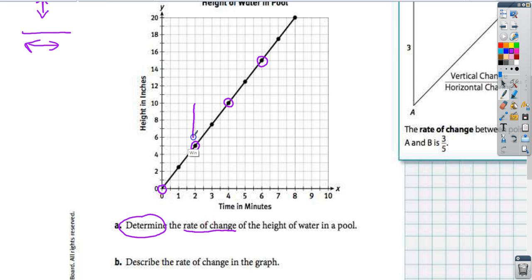You could pick any 2 of these 4 points and you're going to get the same answer. All right, so I'm just going to do this one since it's right here. I'm going to make my little triangle. Okay, we got to look at our label before we count because sometimes they try to mess you up on the label. This one goes by ones, so I'm going to literally just count by ones. 1, 2, 3, 4, 5. So I'm going to write 5 there. All right, now